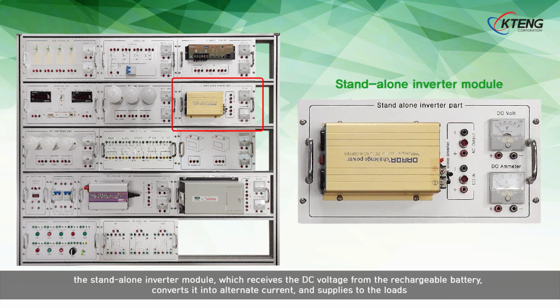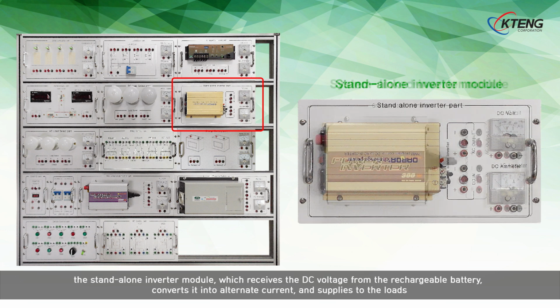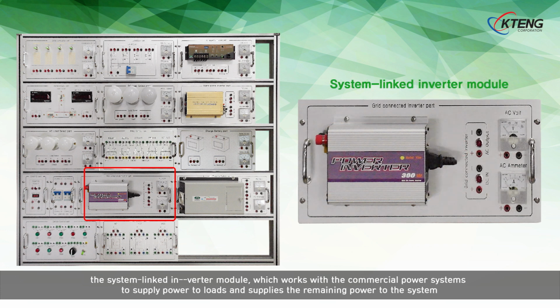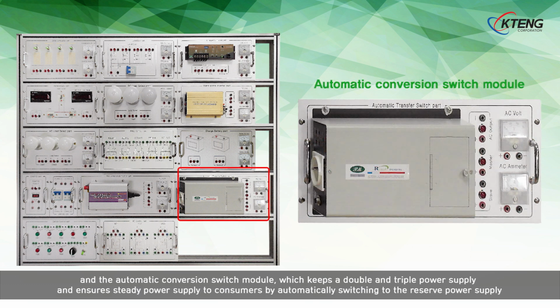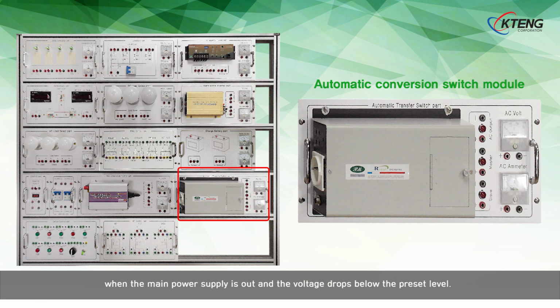The stand-alone inverter module, which receives the DC voltage from the rechargeable battery, converts it into alternating current, and supplies it to the loads. The grid-connected inverter module, which works with the commercial power systems to supply power to loads and supplies the remaining power to the system. And the automatic transfer switch module, which keeps a double and triple power supply and ensures steady power supply to consumers by automatically switching to the reserve power supply when the main power supply is out and the voltage drops